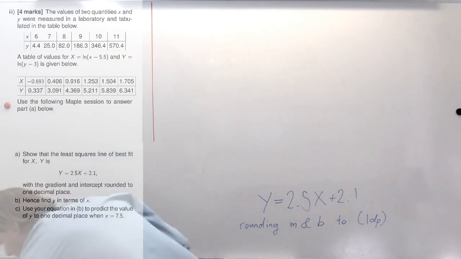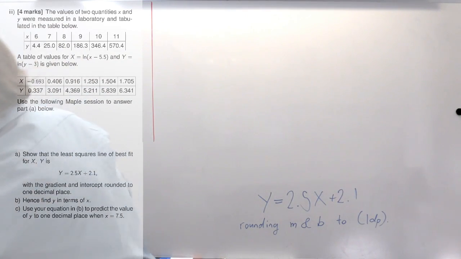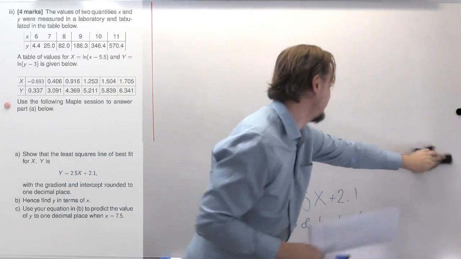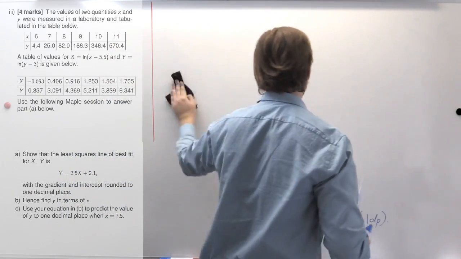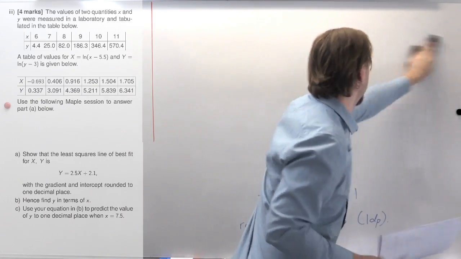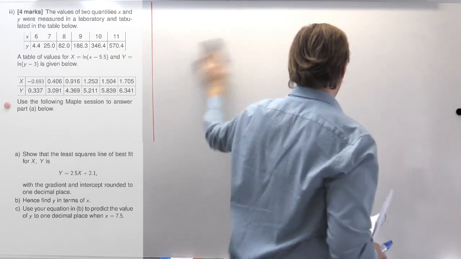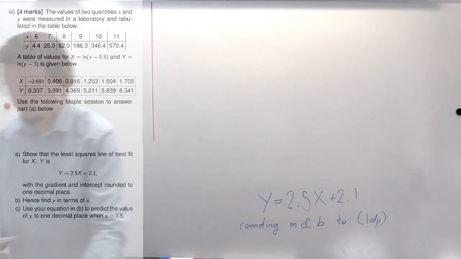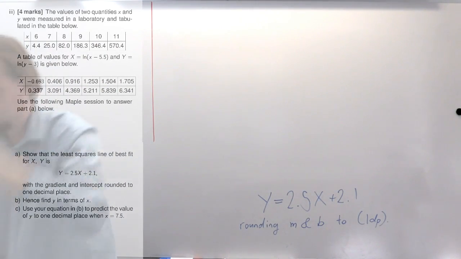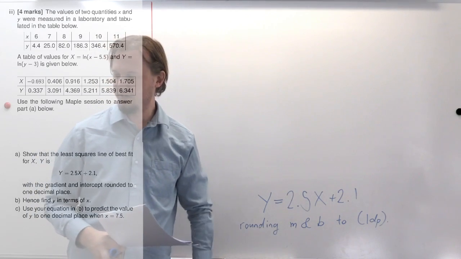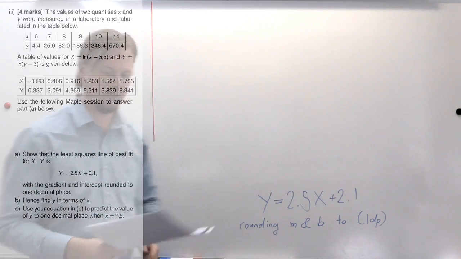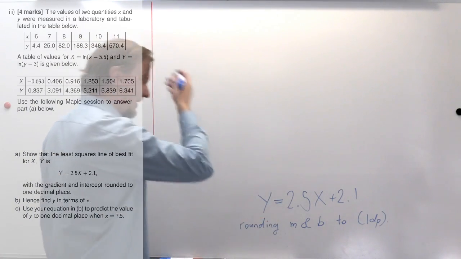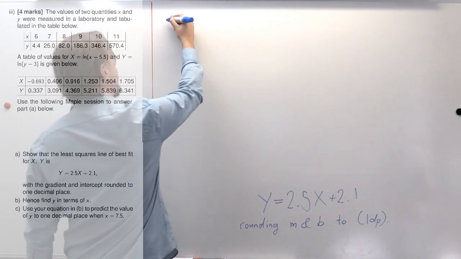So I'd love to see something of the form y is equal to so on. That way I just plug in my x value and it gives me a prediction about what the y value should be. The question just says, hence find y in terms of x, lowercase y in terms of x. So let's just take this information and put it back into lowercase y in terms of x. So for part B,